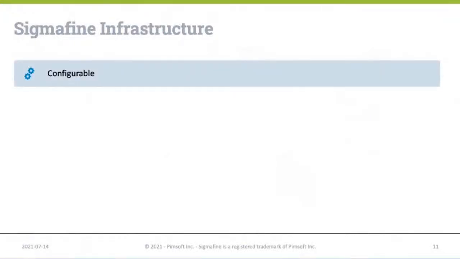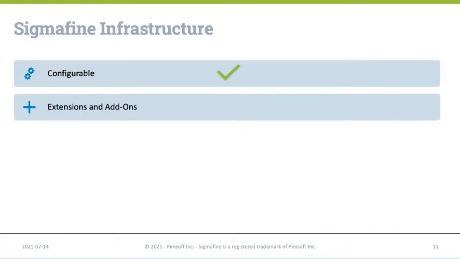Sigmafine is configurable to meet your company's requirements. Sigmafine server provides an out-of-the-box set of calculations and analysis like mass, volume, energy, and quality balances that can be configured per your needs. Sigmafine has add-ons to extend the basic server functionalities to enhance the user experience. In addition to the add-ons, it also provides extensions for multiple industries like LPG, LNG industries, and domain-specific calculations like